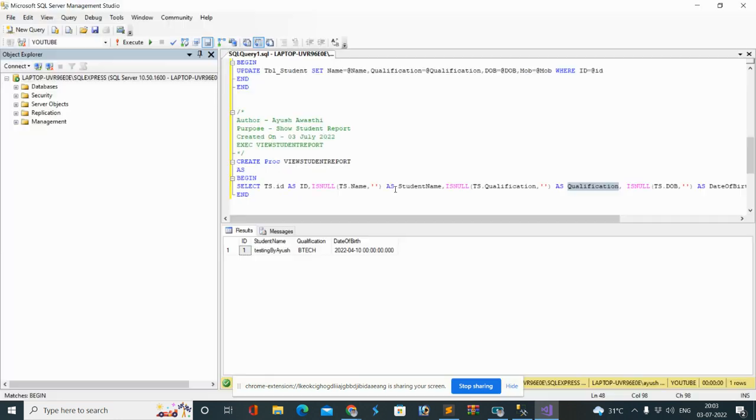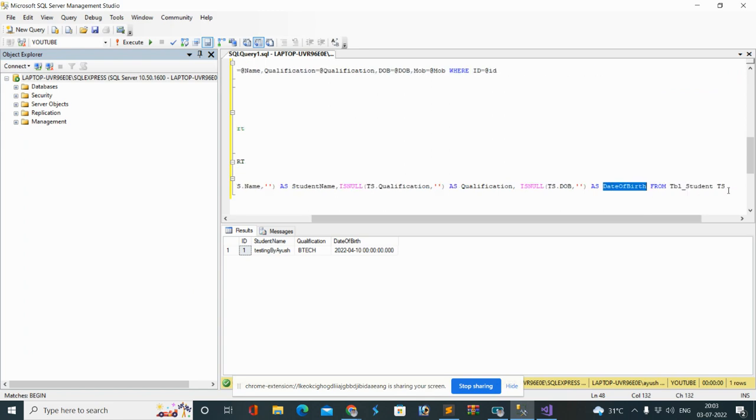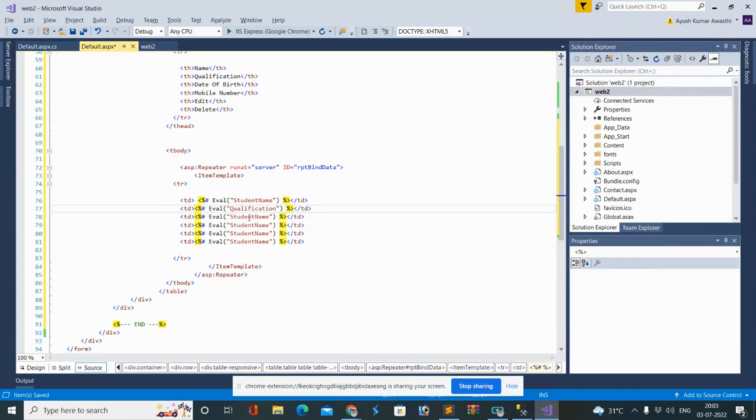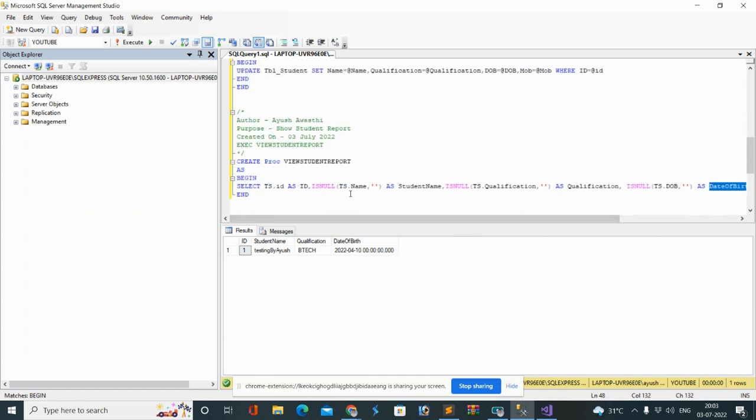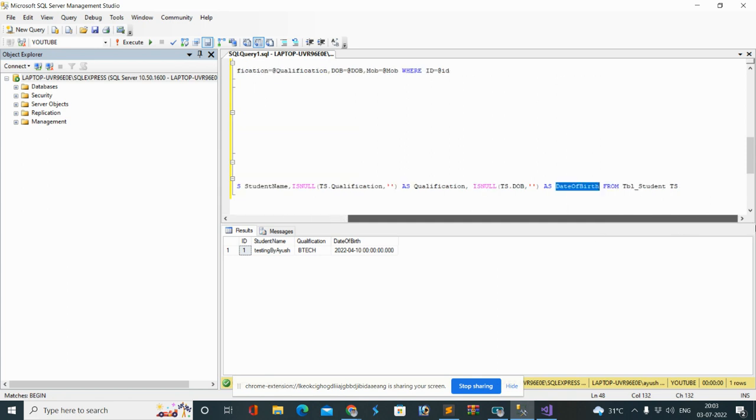In the third one, date of birth. In the fourth one, mobile number. Oh, I have not taken mobile in this query. Okay,